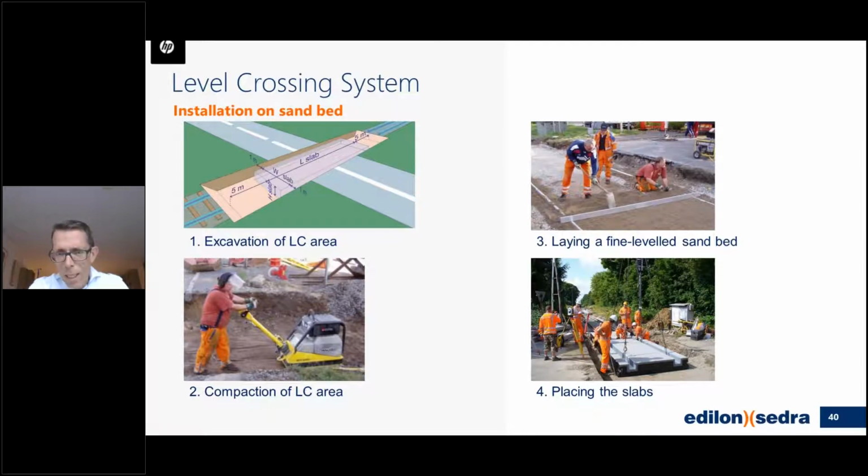That's all I wanted to say about the technical features of embedded rail in combination with a level crossing slab. Some features of the installation method of level crossings. First of all, in a few pictures, you see the excavation of the opening where the level crossings must be installed, compaction of the level crossing area to the required